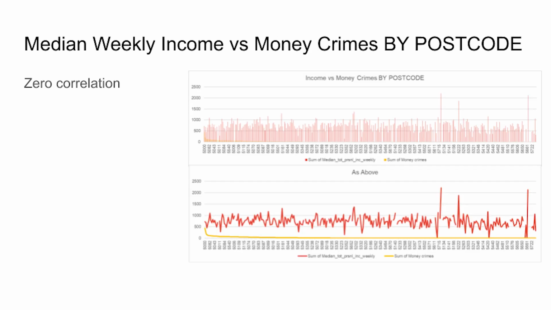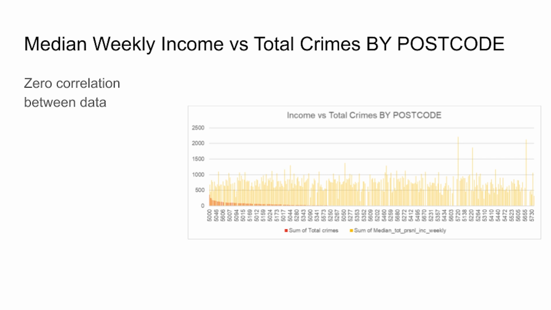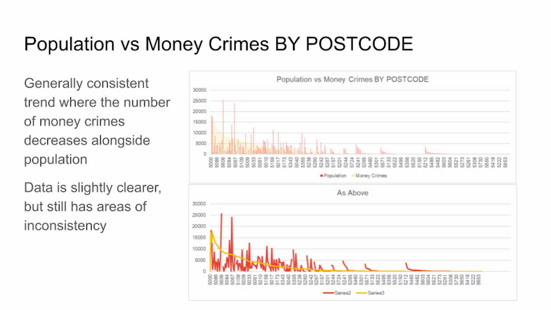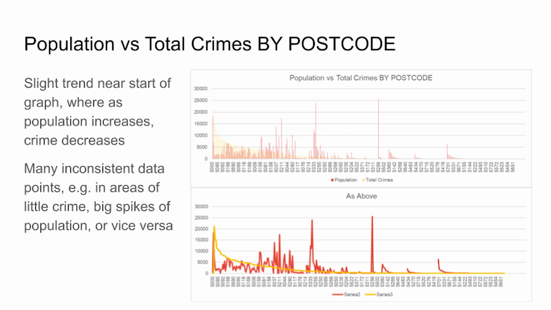Immediately, you can tell that the correlations are not constant. They are very general and sometimes just not even there. For example, take population against total crimes. There are just far too many factors of population that can influence crime, such as a large amount of people deterring crimes because it's more likely to be seen, or just that fewer people are likely to commit crimes, or even that more people drive the economy and create fewer opportunities for crime.